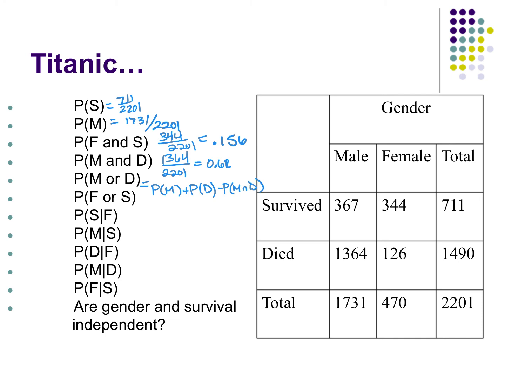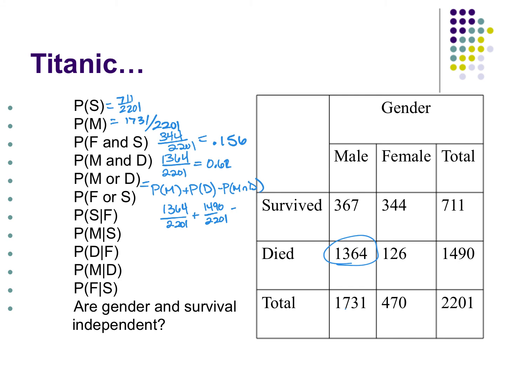Because if we look at the males, that total, and the people that died, they're counting this twice, right? That 1364 is in both columns. If I just add those two together, it's going to be above our total. We have 1364 over 2201 plus 1490 over 2201. It can't be over 100%, right? So we're clearly counting a single group more than once. So we subtract off,